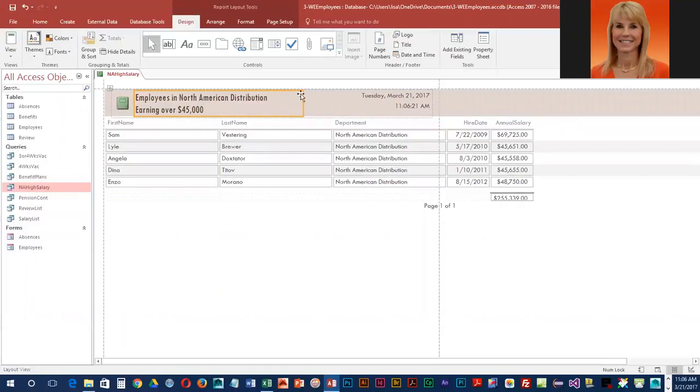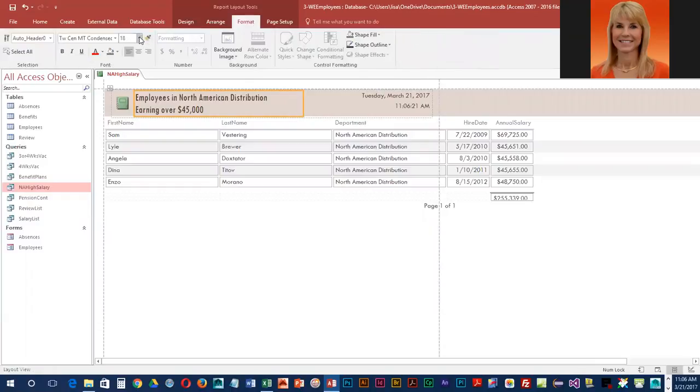And you should notice that orange outline around your title. We do want the title selected, and that orange outline indicates that it is, because we're going to go into Format and we're going to decrease the size to 14. And then we're going to go back into Design,